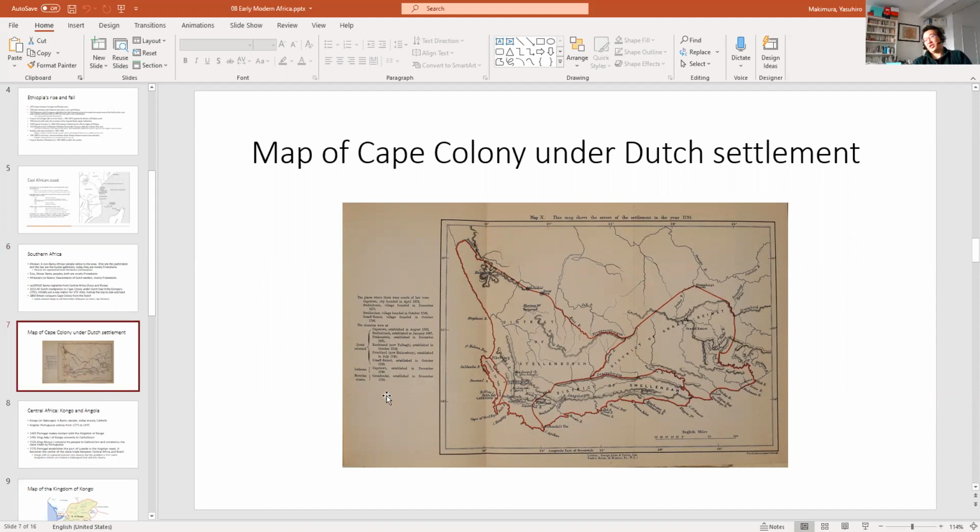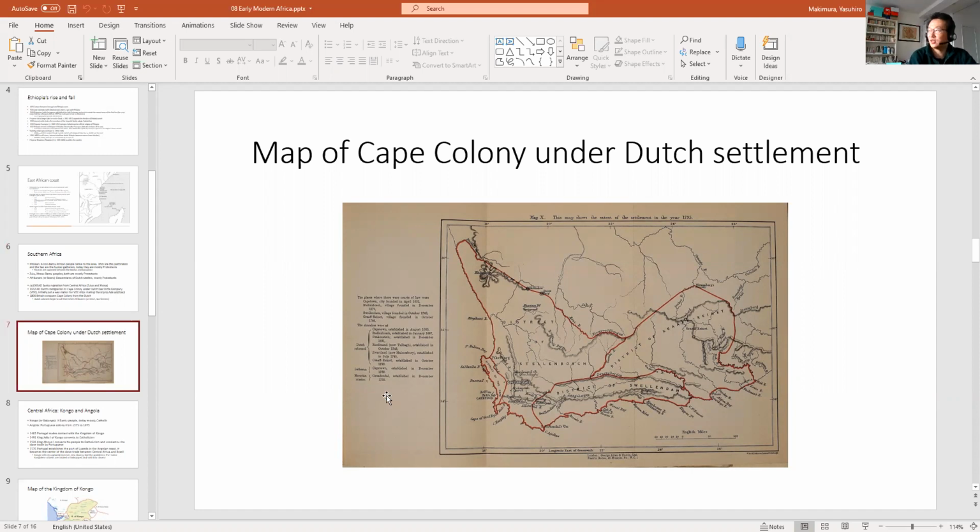But that doesn't change the expansionary impulse at this point, because the local Dutch settlers are now calling this their home, and they don't want to go back to Holland. So if they have many sons, then their sons or daughters will try to get more land for themselves, and so the borders just keep expanding.